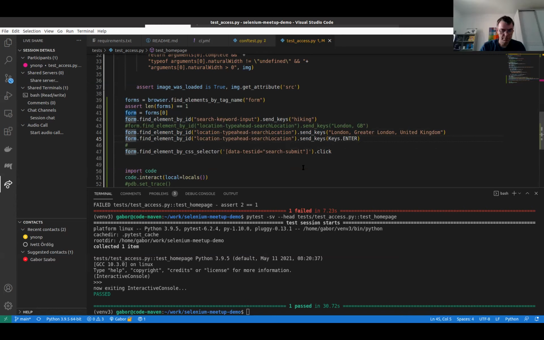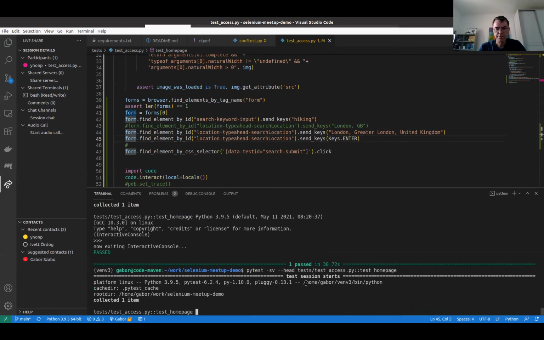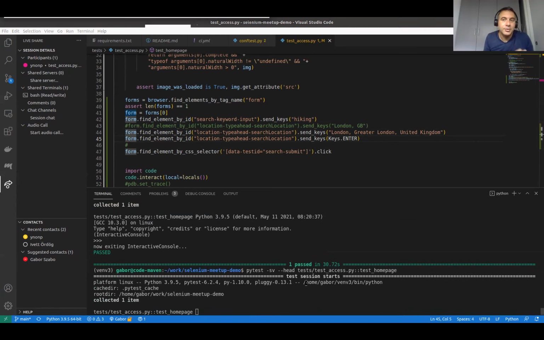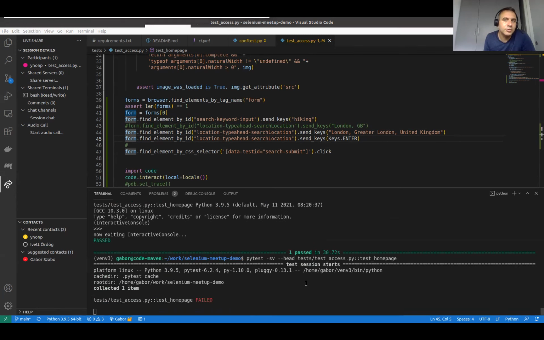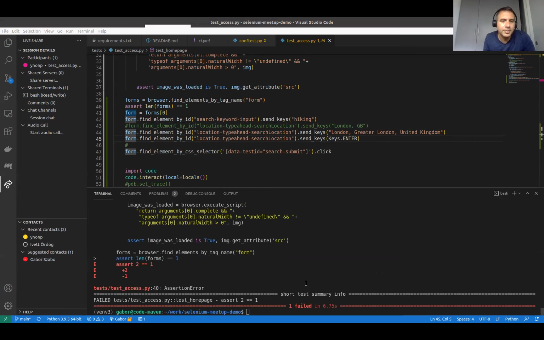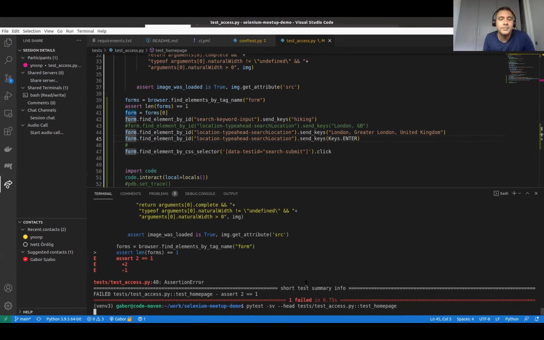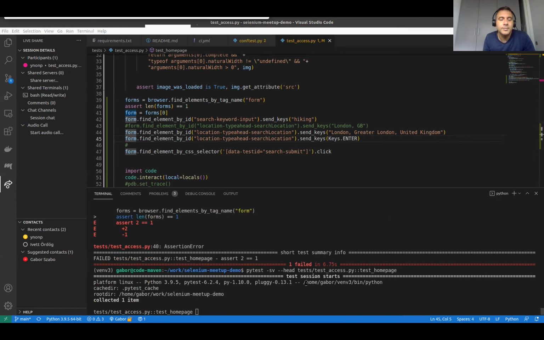That's how we are expected to do this? This sends an enter, but I'm not sure that's how we are expected to do this. In Meetup, again, you had that double forms problem. So we already see that sometimes the page, for some reason, reports two forms.